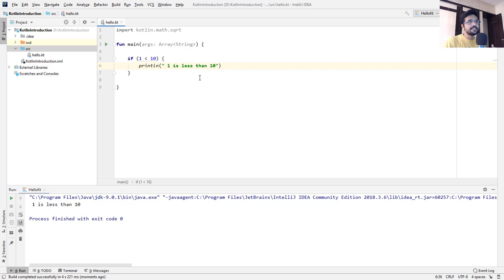Whereas if a condition is like this, then it won't print anything since the condition is not satisfied.